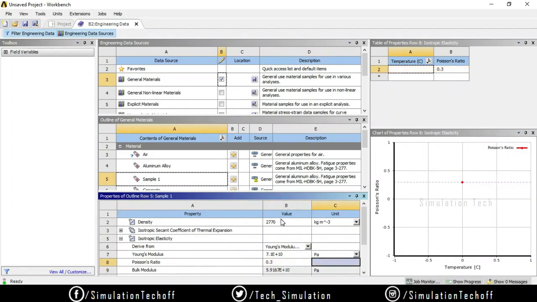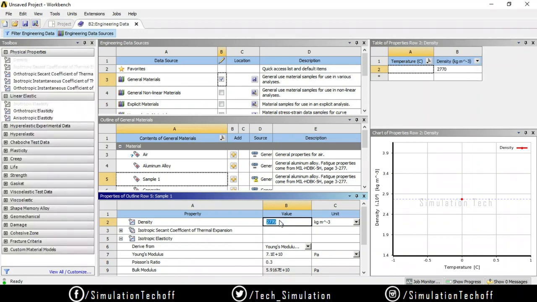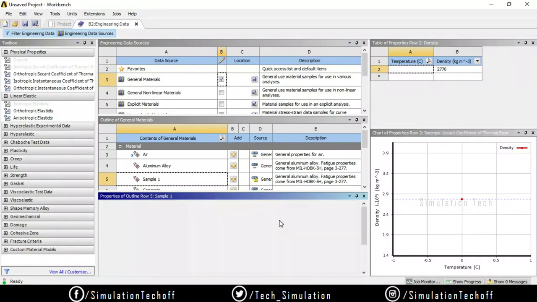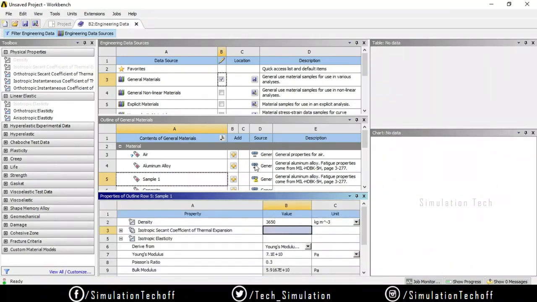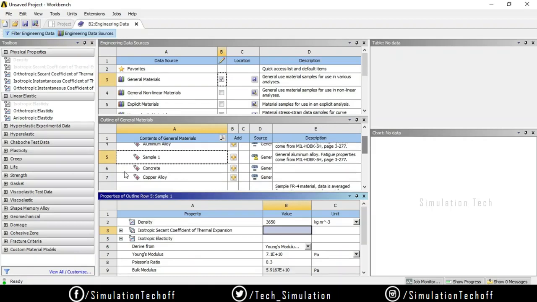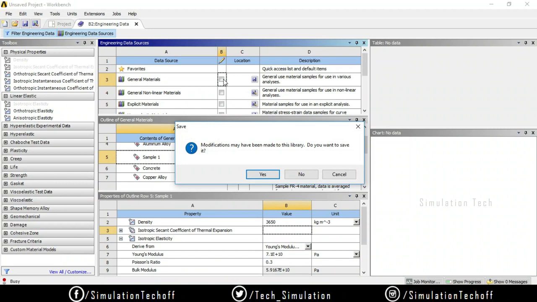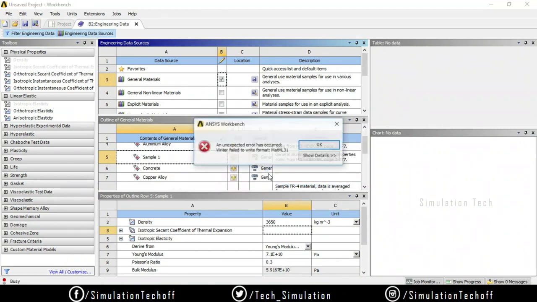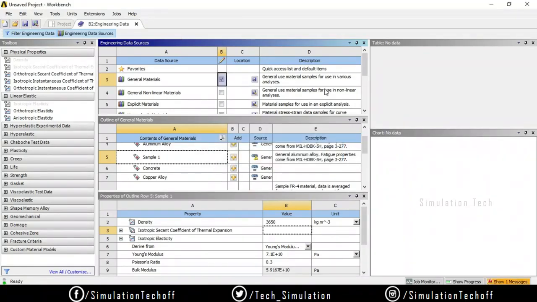Okay, so I want to change the density value, from 2770 to 365. Whatever values I have given over here, if you want to change the desired sample 1, all you need is to click away and it prompts you to save. Do you want to save it? If you say yes, that particular sample will be saved. Right now it shows me an error. You can obviously save that particular material over here. If you click on save, that is obviously saved, right?